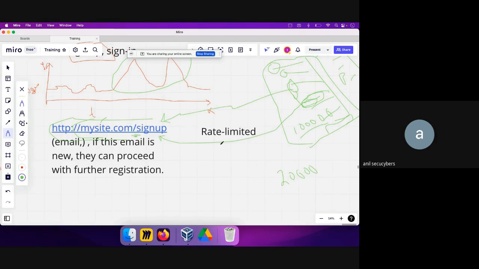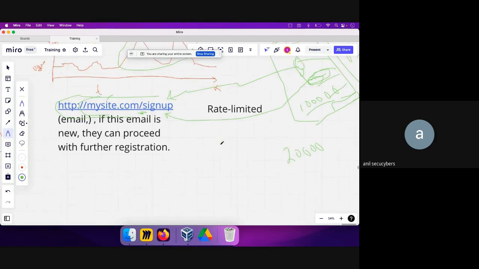Okay, so how were they able to do that? Because this sign up API call was not rate limited. Because of that, the attacker was able to just send packets after packets to this sign up API call, and then know which ones were valid or not. If there had been a rate limitation in action,